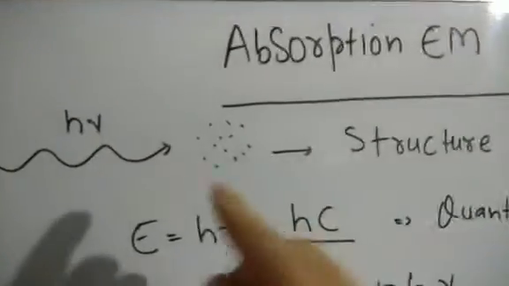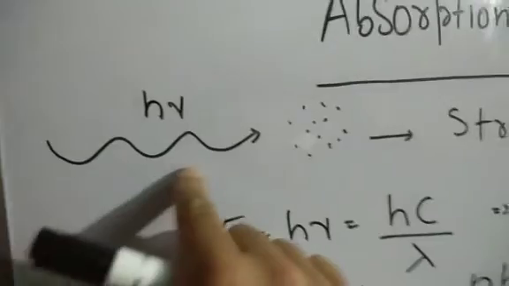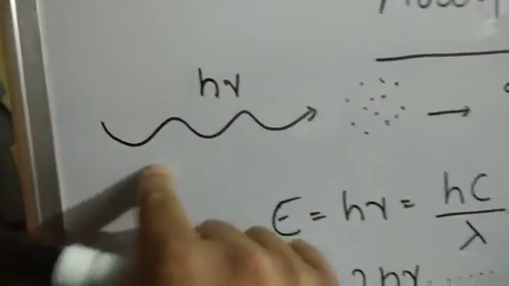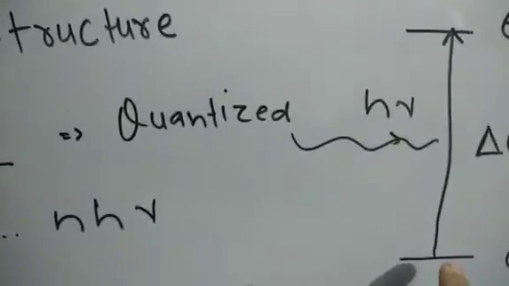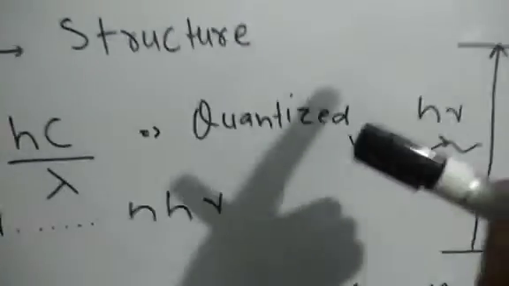Now the important thing we have to see today is that the molecule or matter absorbs the radiation. Which type of radiation it will absorb will determine the change accordingly. There will be a change in the ground and excited states. Actually, in the molecule we have different types of energy levels.